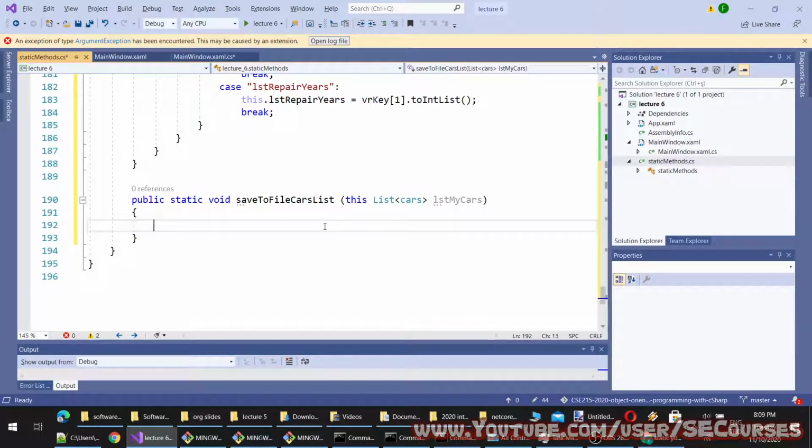And this will use a string builder. I am using StringBuilder because it is much faster than concatenation of strings. We have explained that. Anyway, you can give any name you want. It should be descriptive though.